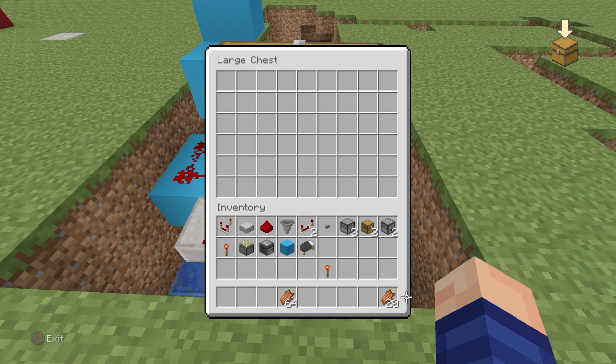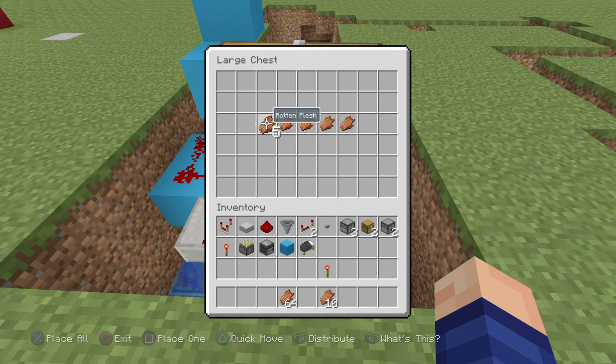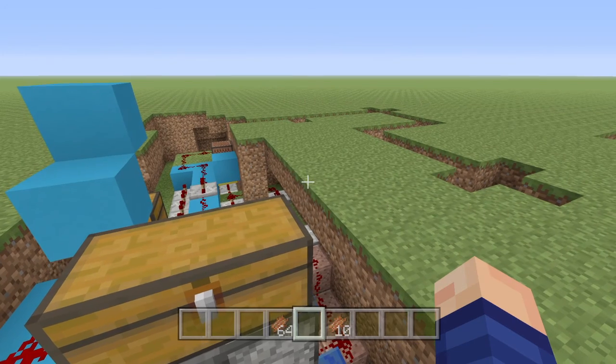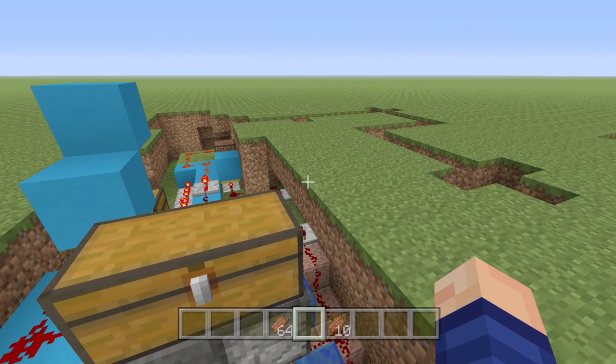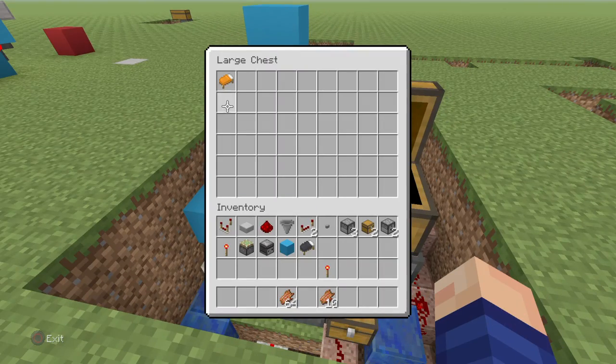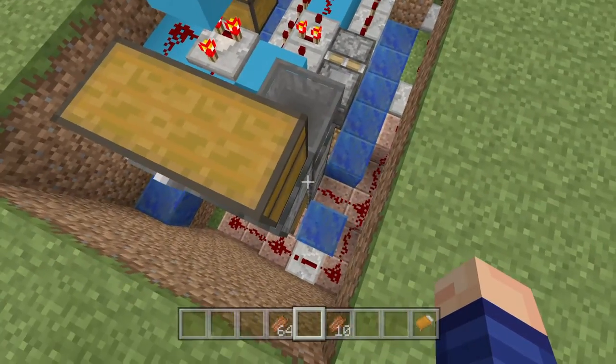So again, put 10 rotten flesh in here. The music will then play. And once it's done, I'll get my item. And then there's your item. And then since these are droppers, it'll